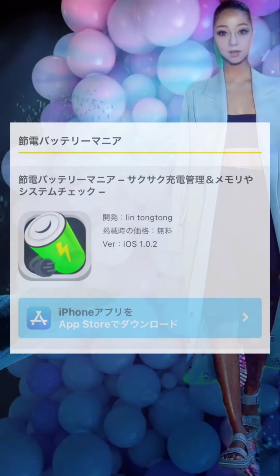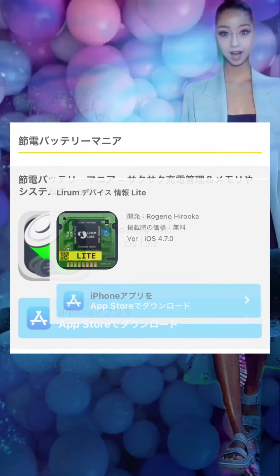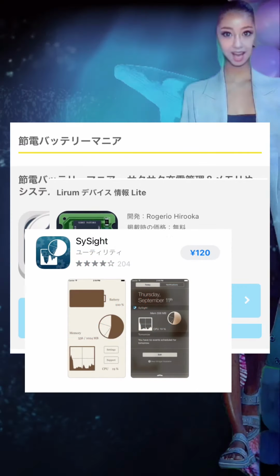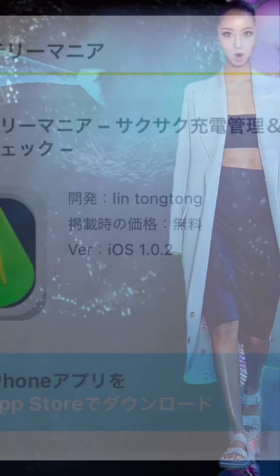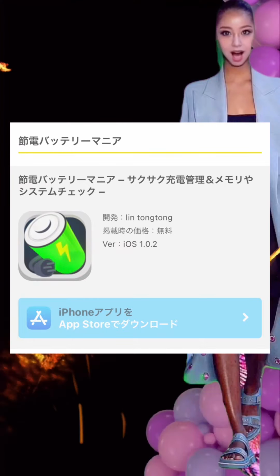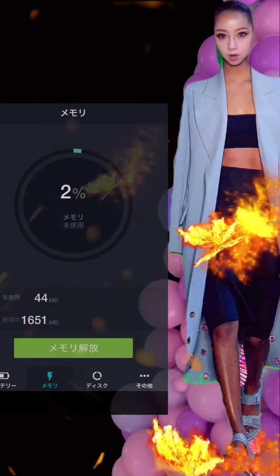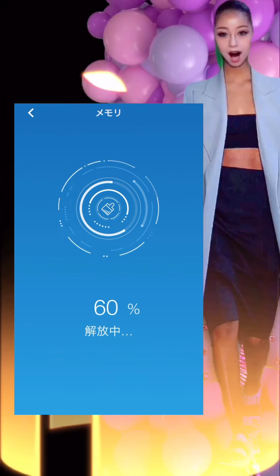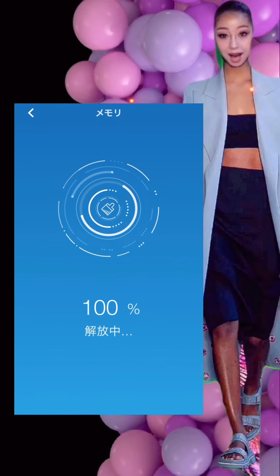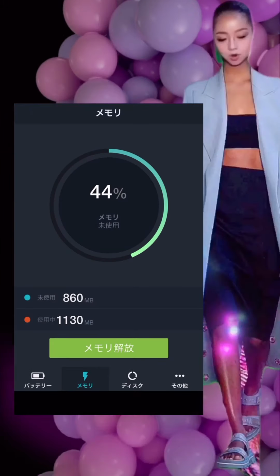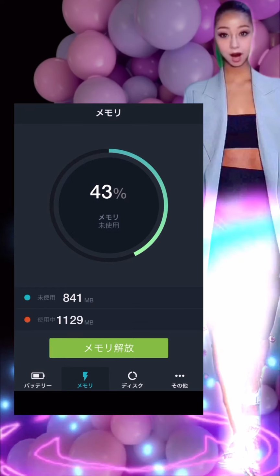C. Use the memory release app. With a general purpose memory release app, you can quickly free up memory without rebooting. There were actually many similar apps, but this time, I used an app called Power Saving Battery Mania that can be used for free. Although it is a free application, it is very easy to use and allows you to free up RAM. All the work can be completed in about 5 to 15 seconds. The memory that can be released is about twice as large as in B. I think this is recommended because it is fast, easy to work with, and effective.